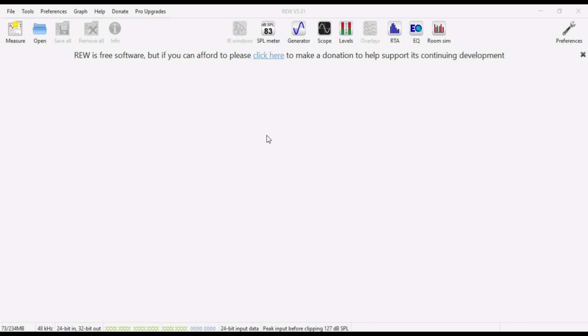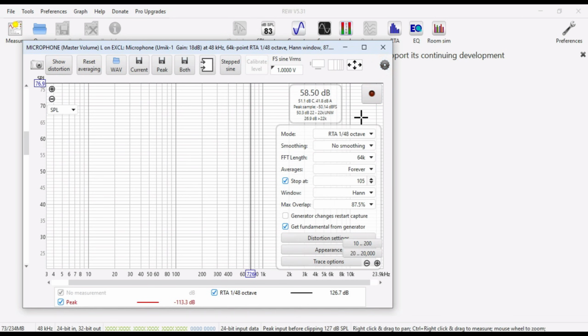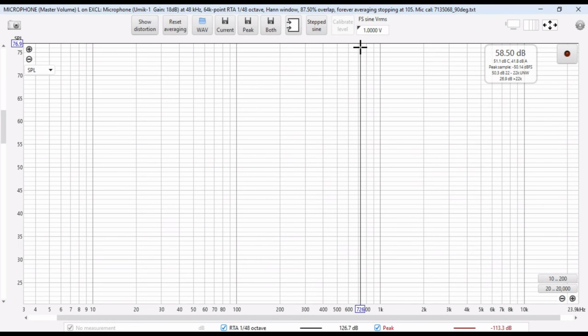So we're now in REW. We're going to open up our RTA window and check the settings quickly. So 1/48, no smoothing, 64K forever, stop at is ticked with 105 measurements, Hann window 87.5. They look fine, so we can close the settings tab again, and we can blow this up so you guys can see what's going on. So with the left rear selected, we're going to start our uncorrelated pink noise